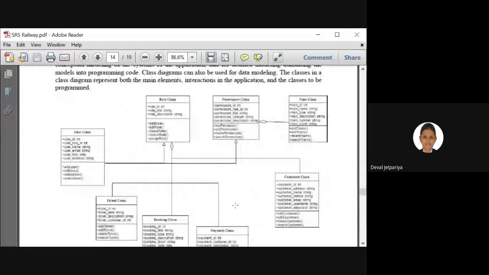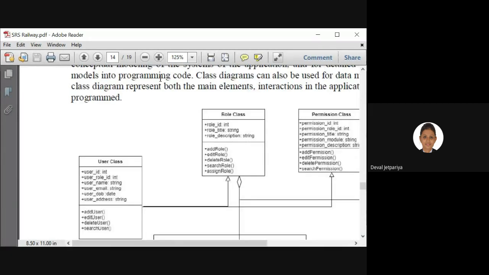So here they have prepared this class diagram for the railway reservation, where the first task is you need to write down the class name. After that, its attributes, okay, like it has ID, title, and description. And after that, the various operations that you are able to perform on this class. Okay, so let me show you how to compute this class diagram. Just a minute.